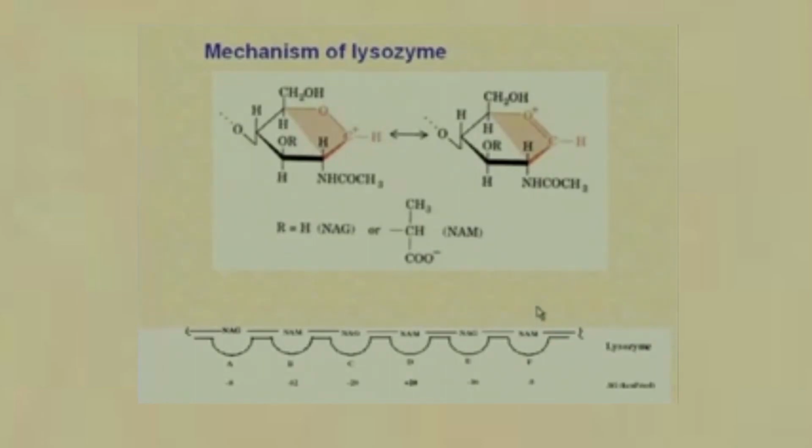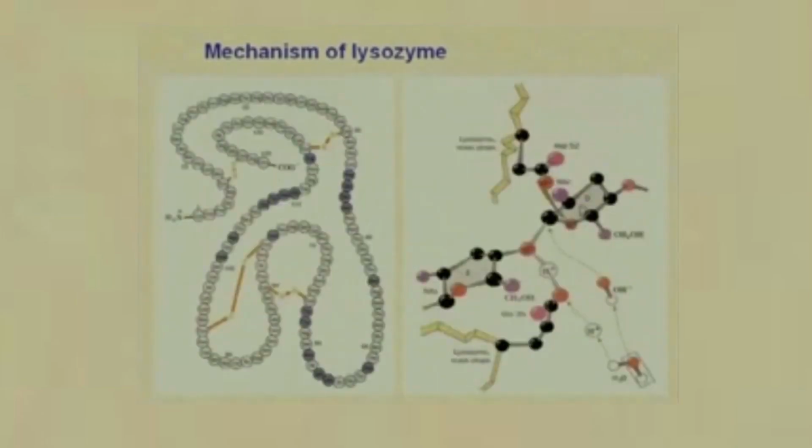Now, what I have below here are the delta G values. One of them is plus 20. And this is where we have the cleavage. It cleaves between rings, or rather sugar moieties, D and E. So the active site of the lysozyme fits these 6 sugar moieties, and after it fits them in its active site groove, it cleaves between rings D and E, which is basically what we saw in the previous slide. So we have rings D and E, and they are linked by what is called a beta 1,4 glycosidic linkage. This beta 1,4 glycosidic linkage links the NAG and the NAM residues together,